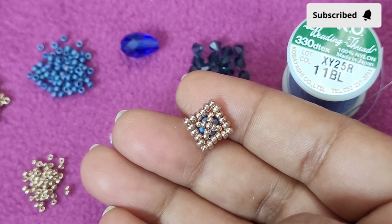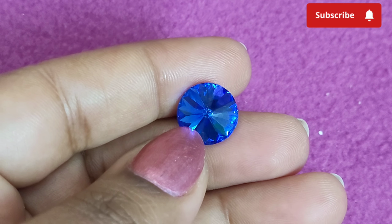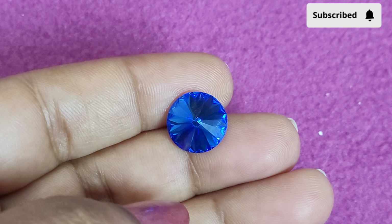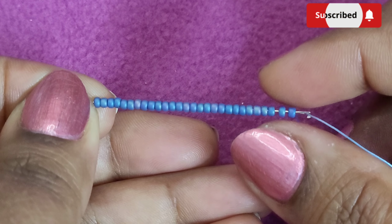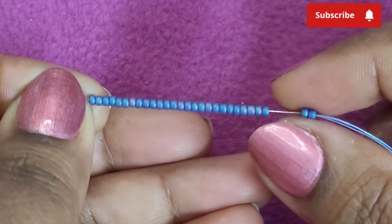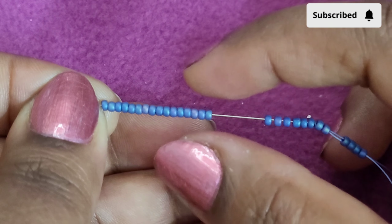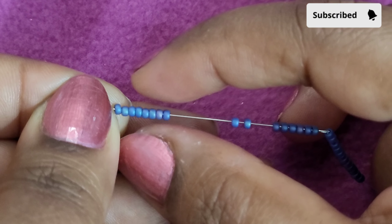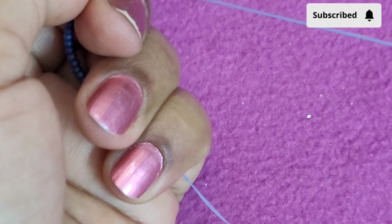Let's get started. Now for making the center part of our hanging garden earring, we are going to bezel our 12 Rivoli crystal in sapphire color. And here for bezeling this, we are going to use beauty stitch. Here I have picked up 28 11 nebula blue. So I'm counting these 11: 2, 4, 6, 8, 10, 12, 14, 16, 18, 20, 24 and 28. So these are 28 11, and now I'm bringing these down towards the end of my thread,